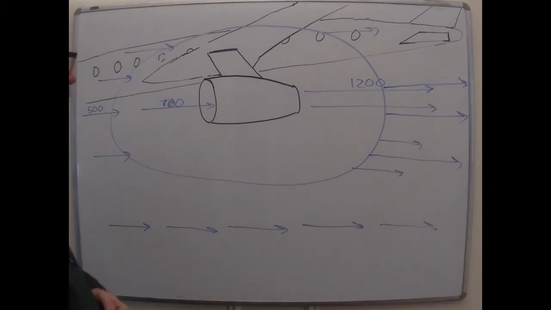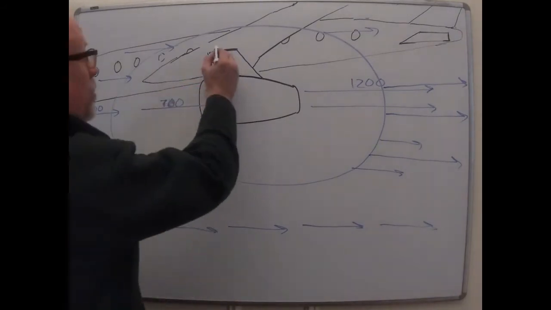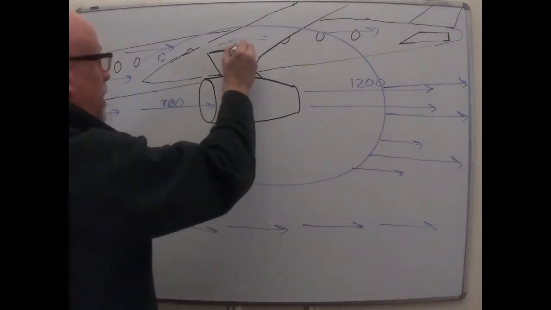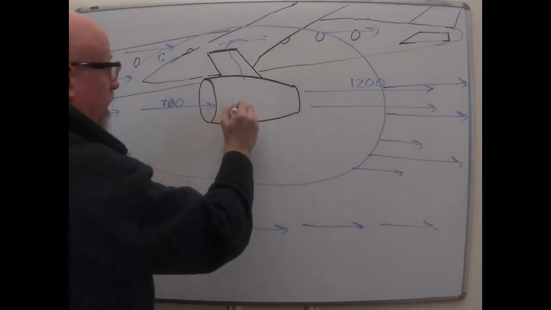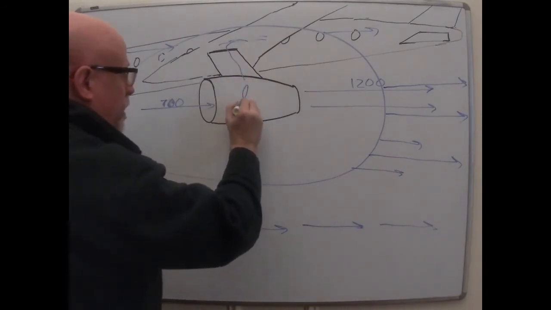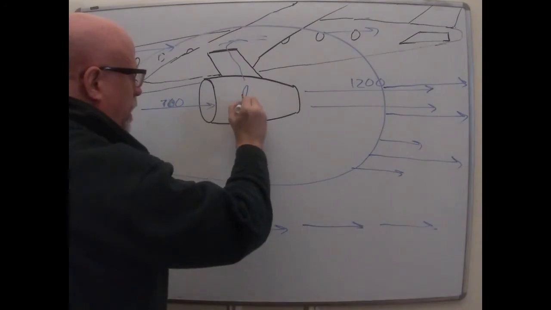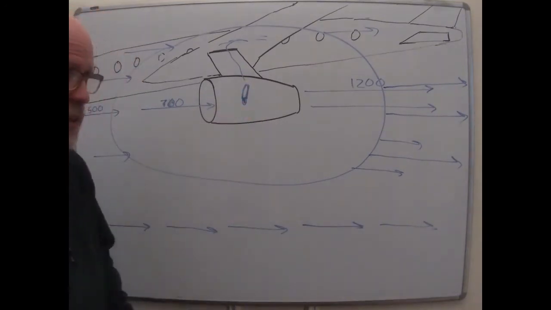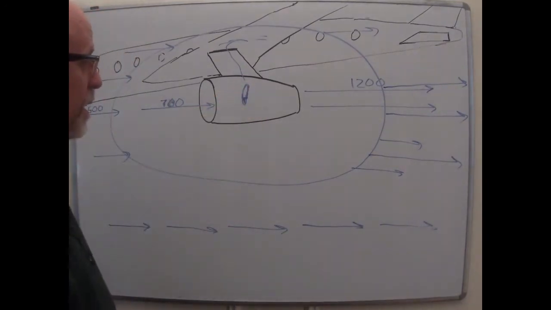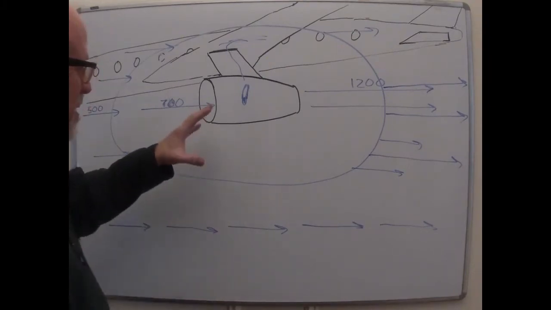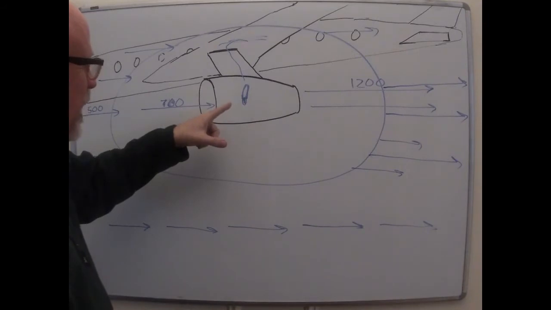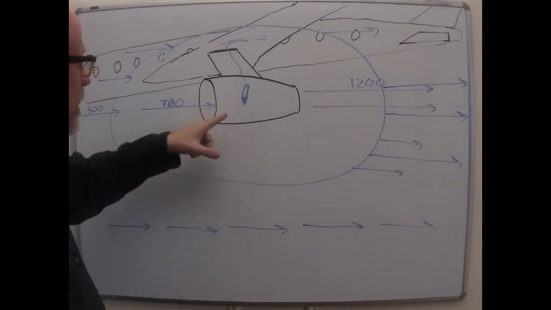Where does it come from? Well, it comes from in these wings. Inside the wings, there's kerosene, and the kerosene gets fed down into here, and it's set on fire. This is my symbol for fire. It looks like a candle, but really it's not a candle in there. It's a nightmarishly hot spot. There's a lot of sort of hellish flame going on in the inside of a jet engine.